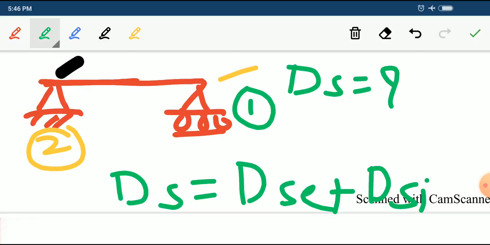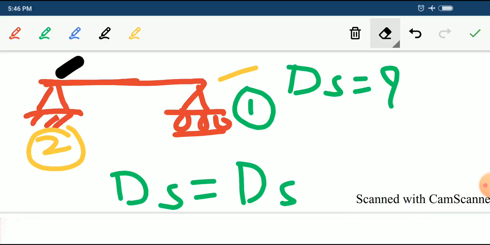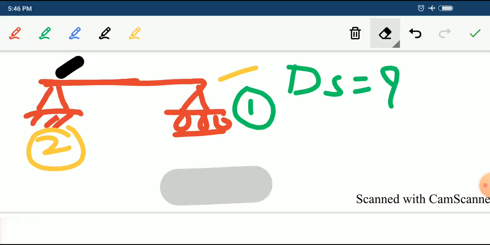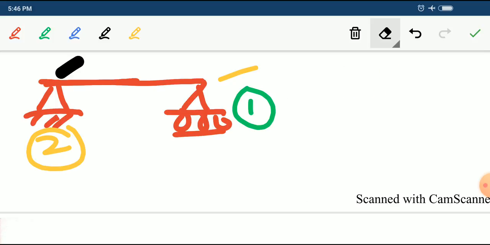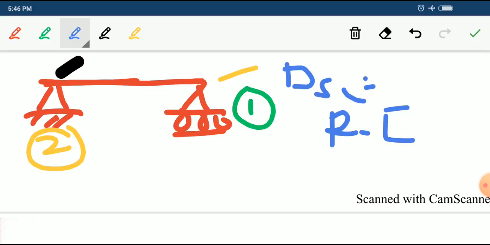So already you know for the beam the value of Dsi will be equal to what? That will be equal to 0. So I will remove this one. So I am supposed to calculate only Dse. Already you know the formula for Dse: r minus e minus h dash. So the number of reactions: here 2 and here 1. So the number of reactions is 3.